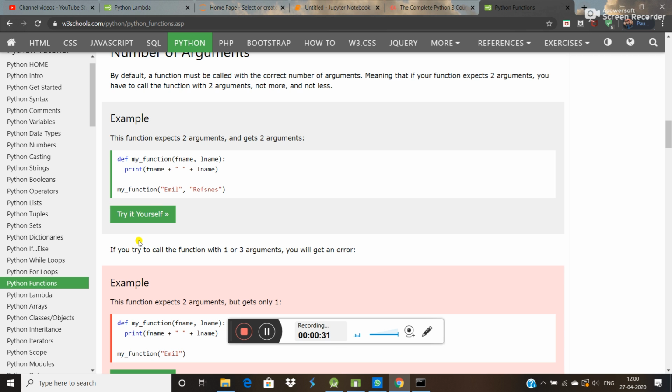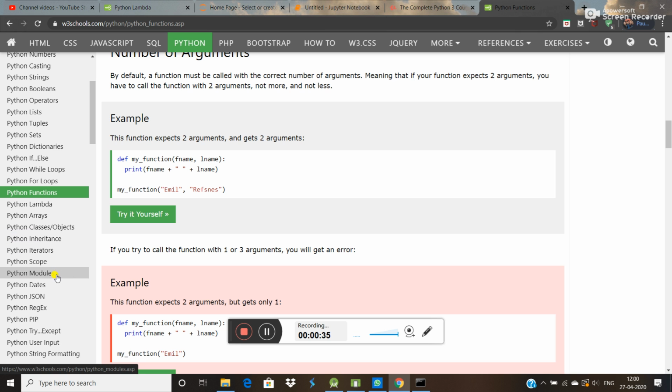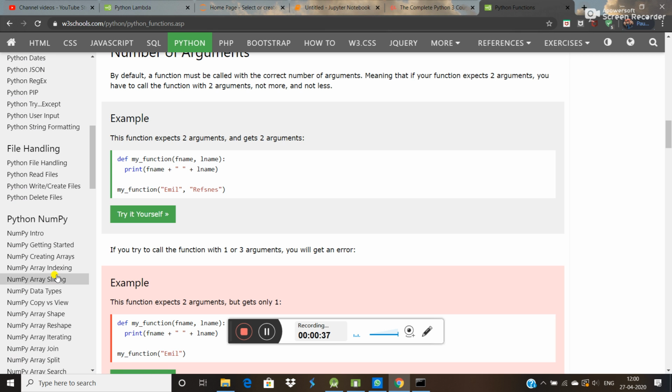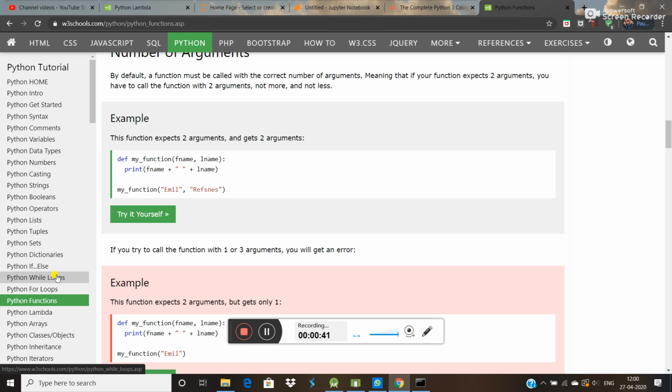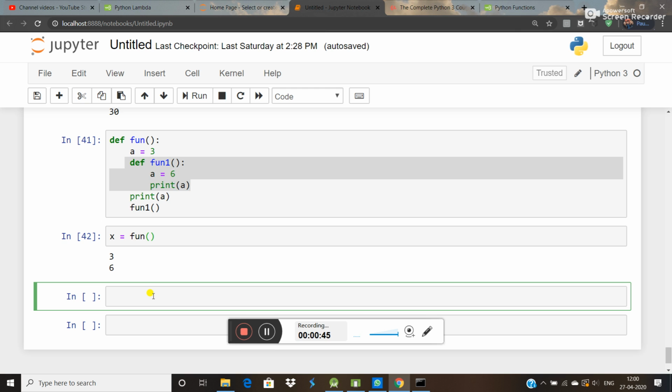And one more thing that I am going to show you is format, and how to use format in a string.